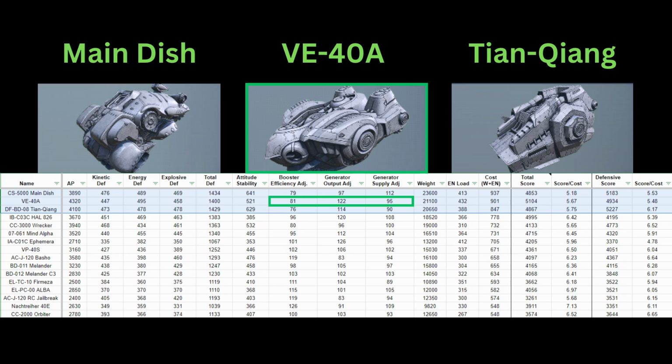this by having the best adjustment stat out of the three highest cost core pieces. In particular, it has 122 generator output adjustment, which really allows you to run high energy cost weapons in your setup. The Tian-Qiang actually has the highest defensive score out of all the core pieces, and also the best score